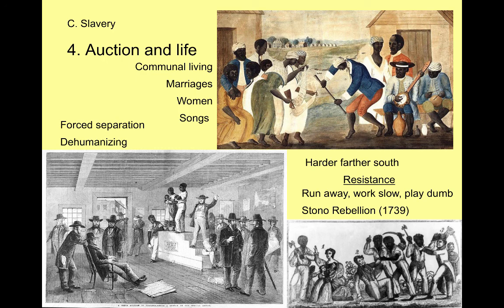But then the white militia is called out, and they attack in two separate battles. They'll attack the African Americans, and they will capture them, kill them, or like I said, re-enslave them and sell them to the Caribbean. And so it does not work very well for the African Americans, this rebellion, and all slave rebellions in what will be the United States are not successful. They will all fail. The only successful slave rebellion in the Americas is in Haiti, but that's not in the United States. Another consequence is that this freaks white Southerners out that their slaves are going to rebel and kill them.